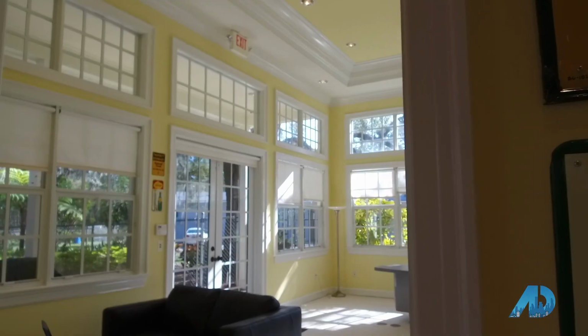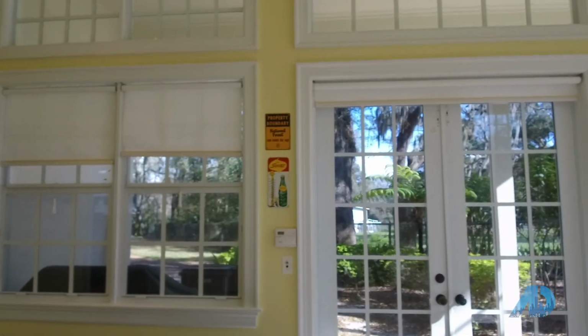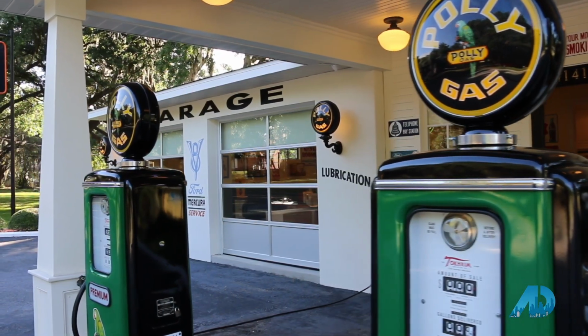Look, I get excited about every listing, but it's maybe once in a career when you get a property like this, where it's not just a property, it's a property that creates an entire experience. Not only does it create an entire experience, but I think it's different for each person that views the property. Some see it as a gas station, some see it as a garage,